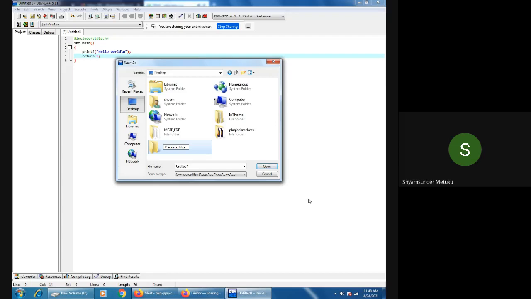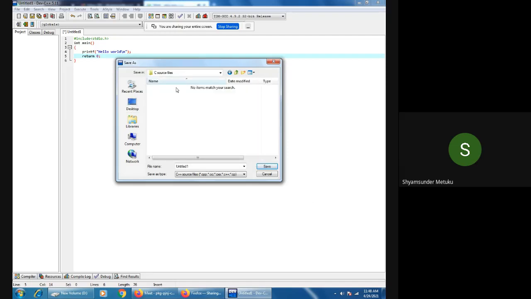Okay, C source files I'm writing here. It's not B, it is a C. Or C programs, anything is okay. So under the desktop C source files, I'm trying to save this particular file hello.c. Anything you can give, but only name anything. But .c is very mandatory, and it should be a small c only.